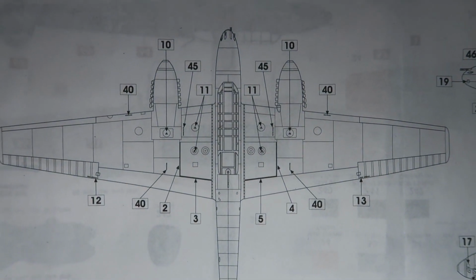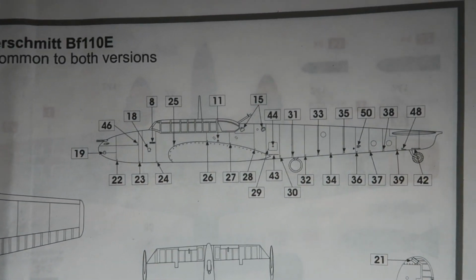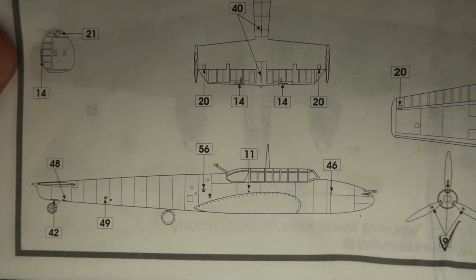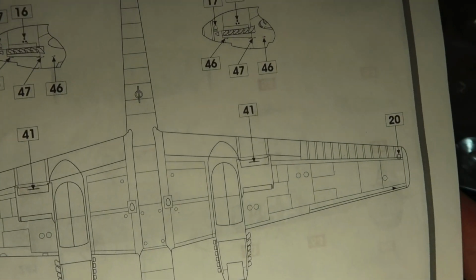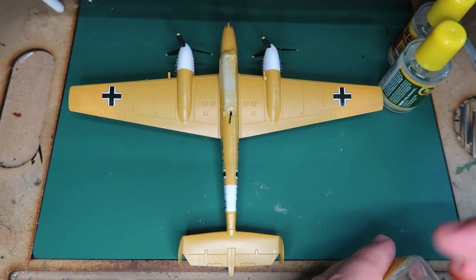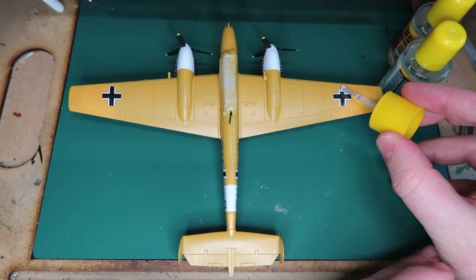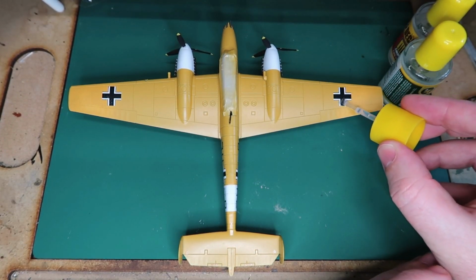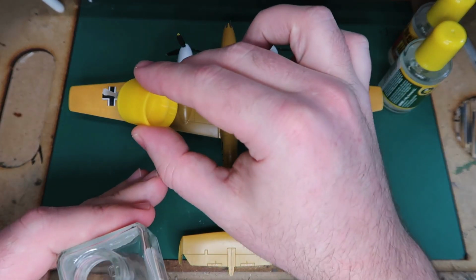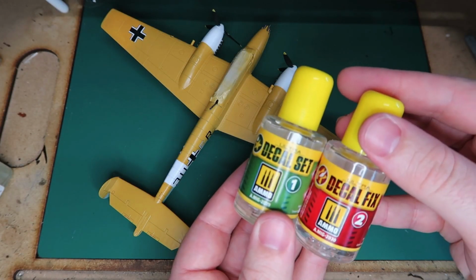These are really nice. The problem, as you can see here, is we have like a billion. Now, all of those tiny little numbers on the bottom, 34, 36, 37, I did not put those on. I put, let's call it 80 to 90% of these decals on there. And it's for 2 reasons. One, that's incredibly tedious, and I'm not going to be looking at the underside of this plane ever. It's going to sit on a shelf, and I'm not going to be like, oh, did I put that tiny